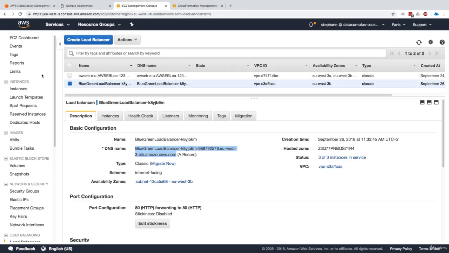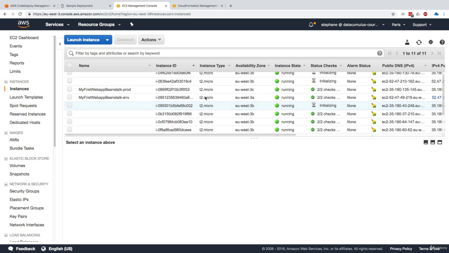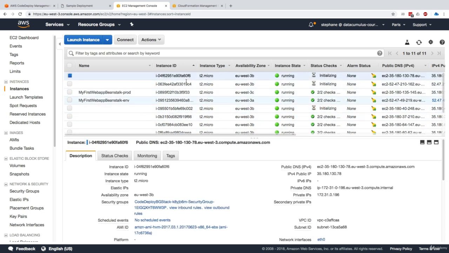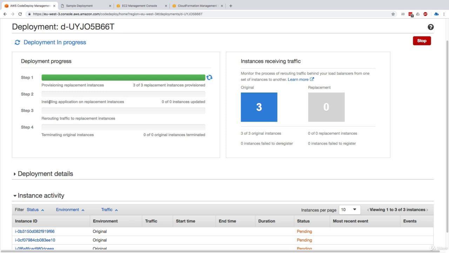So if we go to the EC2 management console and go to instances, now we should be seeing way more applications. So here they are, 1, 2, and 3. So 3 instances got launched right now. And we can't really tell, but I can tell this is the new instances that just got launched. And so we are going to wait for them to be fully provisioned, and then the application will be installed